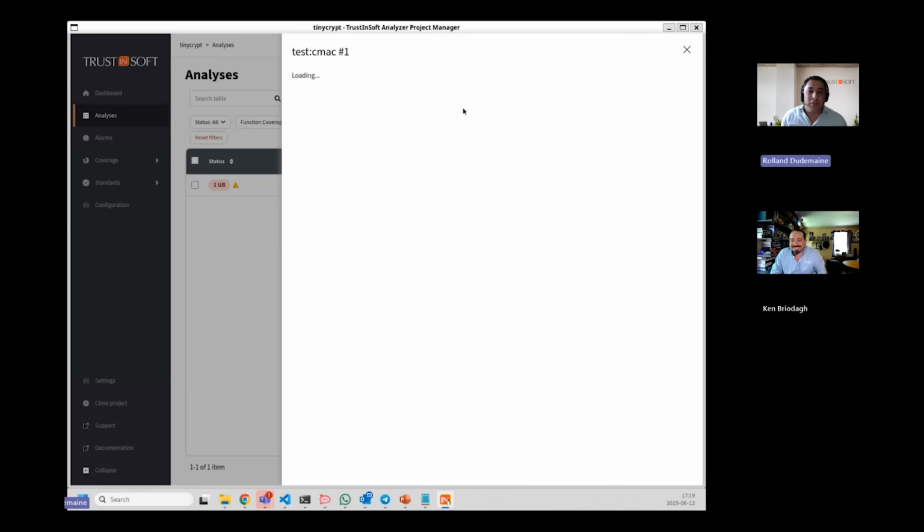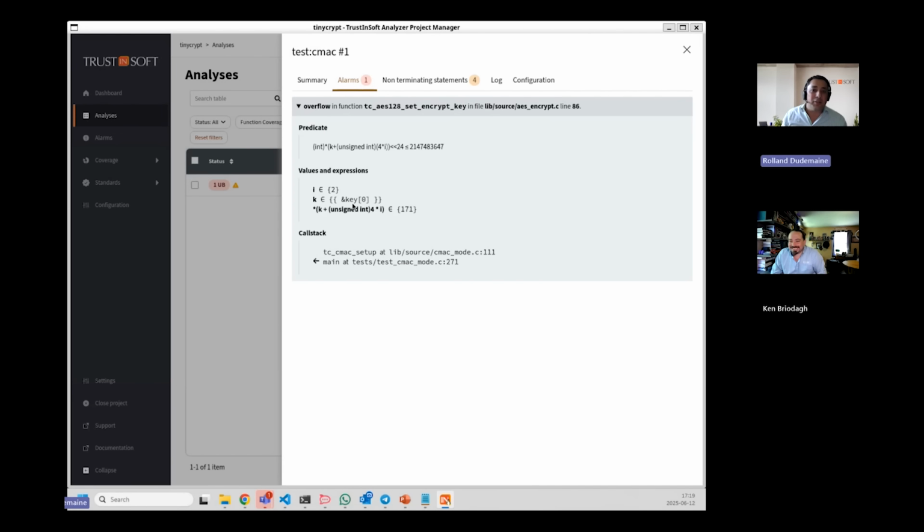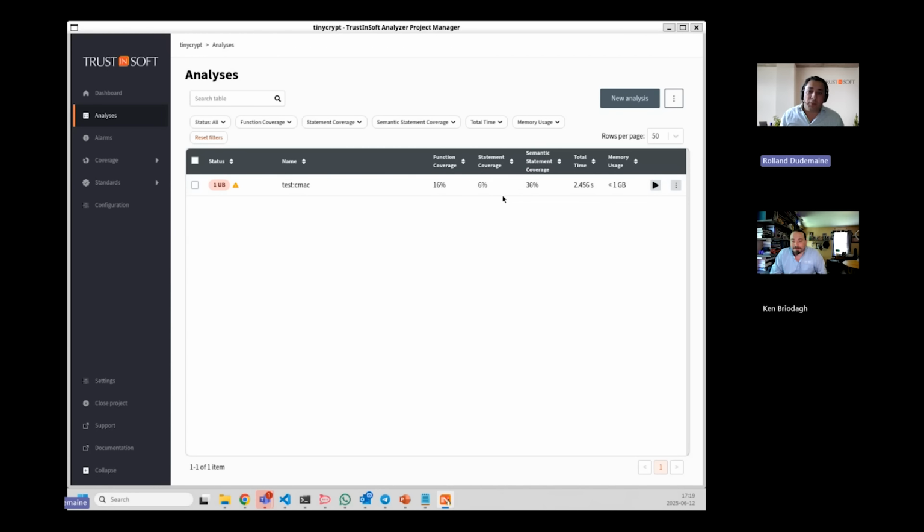So let's see. The first bug I wanted to show is that one. It's an overflow, and actually we're going to solve 2 bugs and then find the third one. So we did find a bug. I don't understand what the code is. I'm not an expert on time decrypt. You're not either. So let's investigate it.